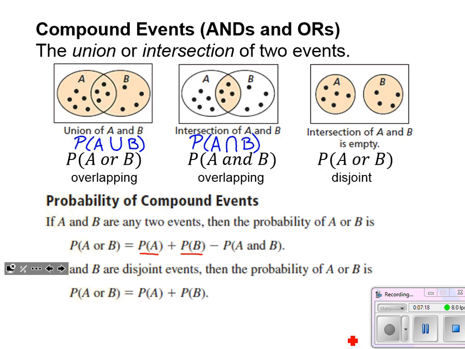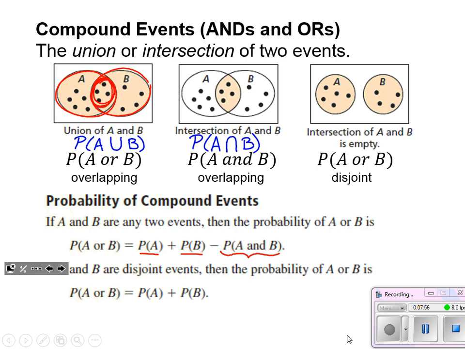But imagine that we had an intersecting union, an overlapping case like in our first diagram up here. If I take the probability of A and the probability of B and I add those up, I've added these four in the middle twice because they're a part of A and a part of B. So we need to subtract one of those in order to only count them once, because those four possible outcomes should only be represented once in our sample space. So that's why we subtract the intersection there. It's because it was counted twice.